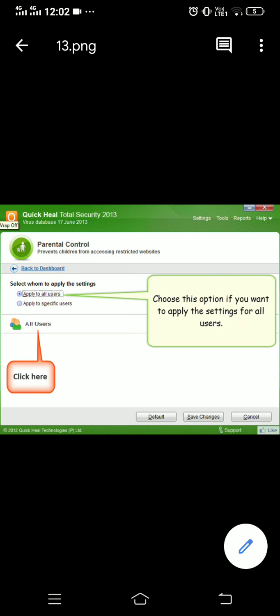Then is about parental control. Yes, this is a feature about parental control in the settings. We apply these. This is a control where we put a check so that some restricted websites are not viewed by kids. So this is for parental control. This is the important application of parental control.